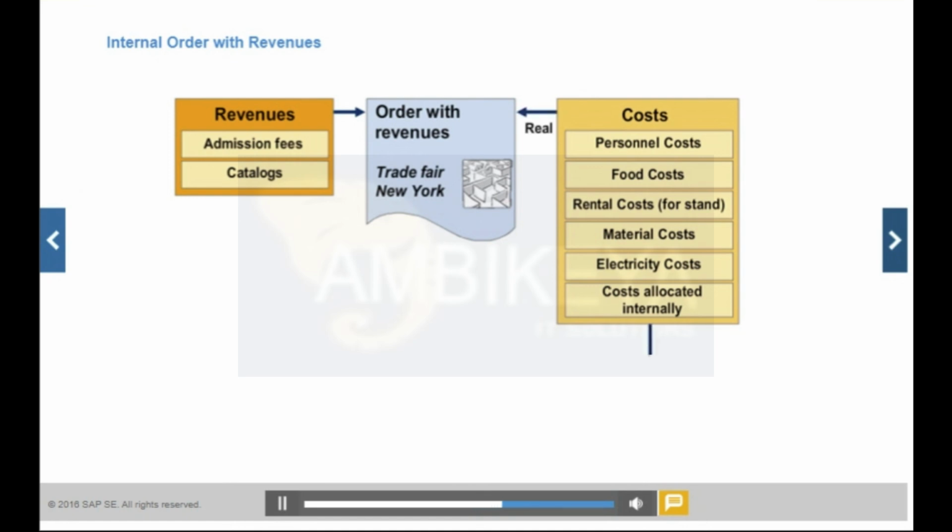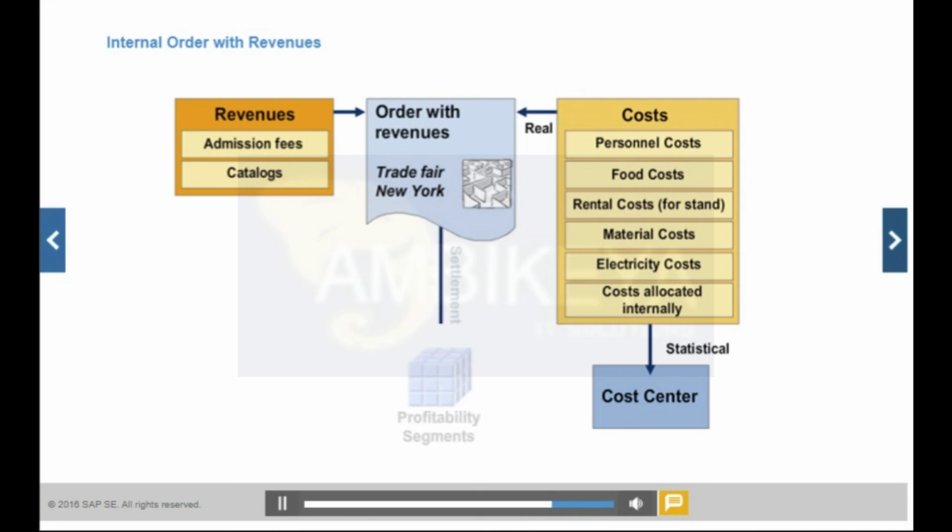Costs can be settled to any valid receiver, like all other order types. Revenues can be settled to the following objects: profitability segments, other orders with revenues, GL accounts, WBS elements with revenues, sales orders,